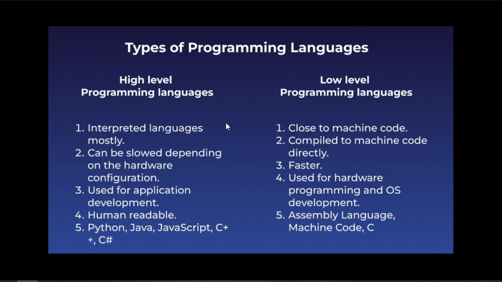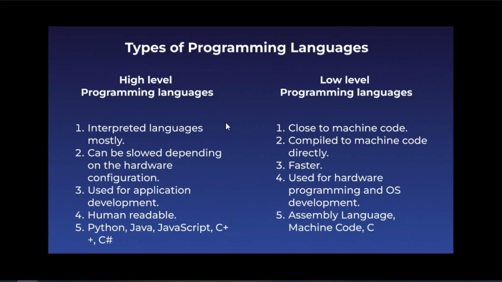Okay, so this is the last part, which is the different types of programming languages. We have high level programming languages versus low level programming languages. So essentially, high level programming languages have to have a translator that could translate the code into machine code so the computer can perform the task or execute the set of instructions, whereas most of the low level programming languages produce the final machine code directly, and that machine code doesn't require any kind of translator for further translation.